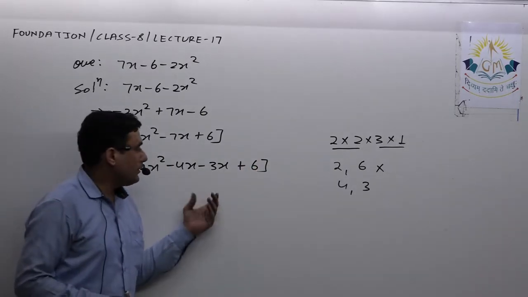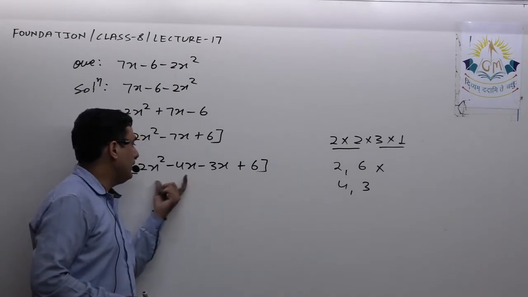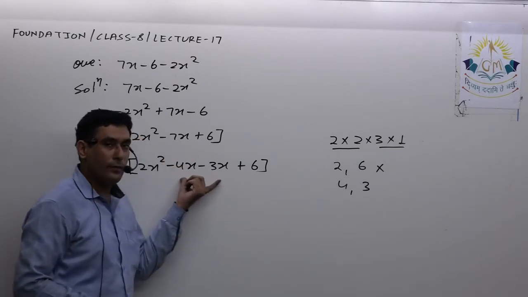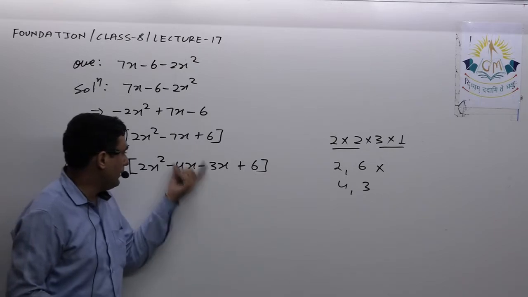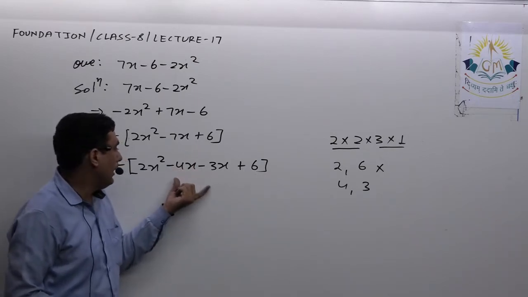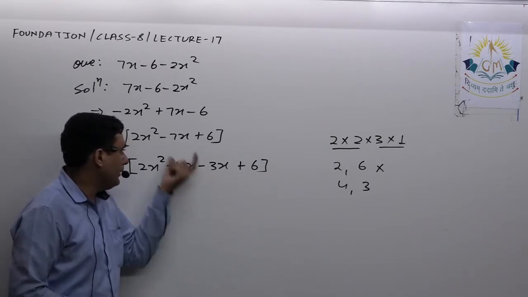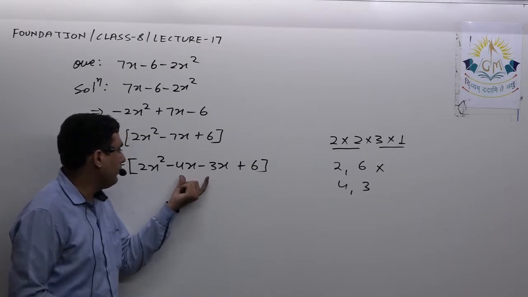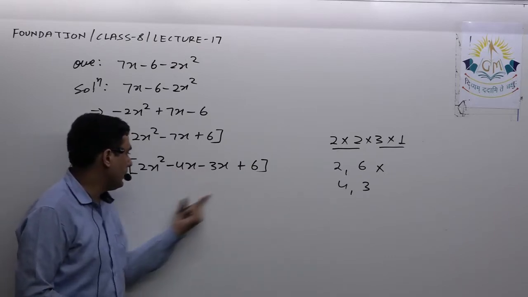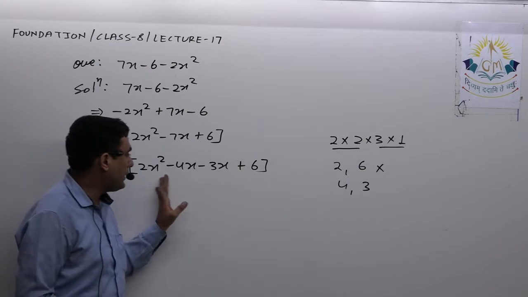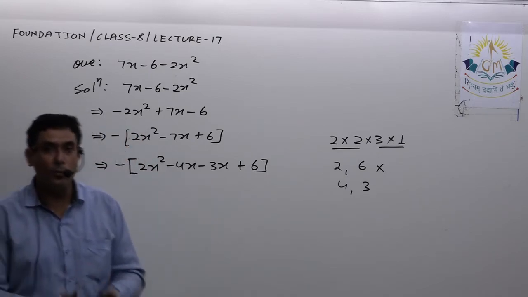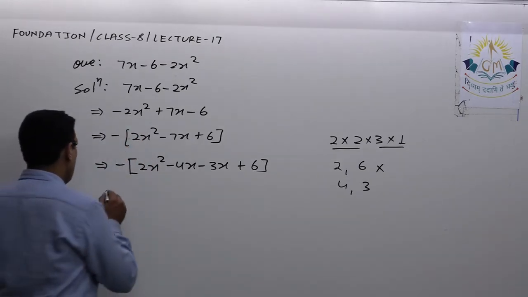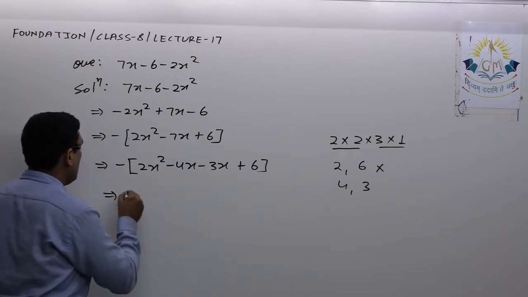Okay, so whenever I split the term in this way, I check whether these are correct or not. How do I check that? Their sum is minus 7, their product is plus 12x square. Yes, it is plus 12x square. Now as soon as I write this, I can say it is almost done. We can say 80% or 90% of the question is done.